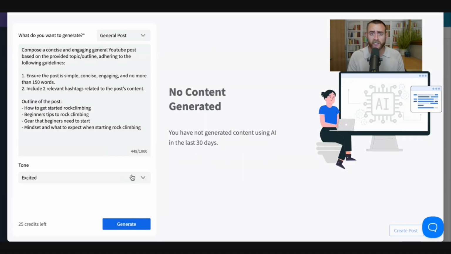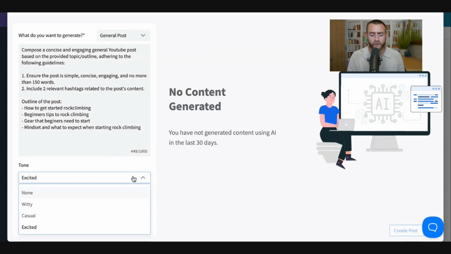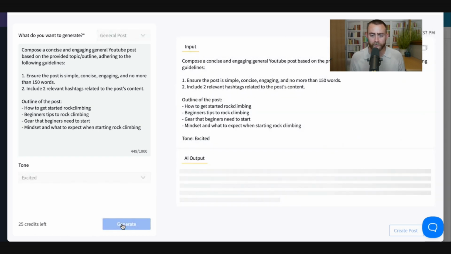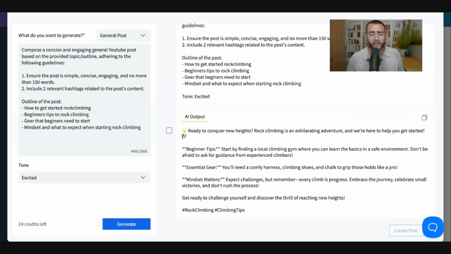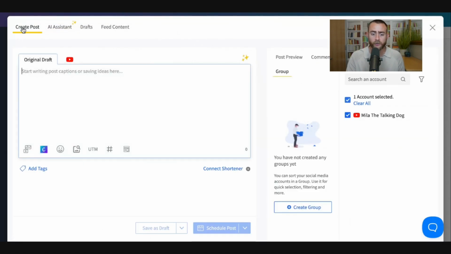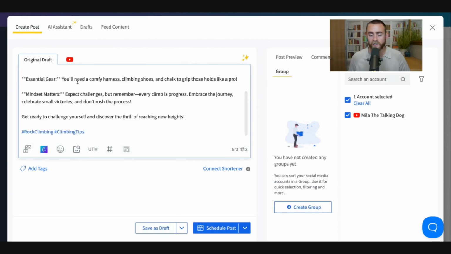Then once that's done, you're just going to select the tone that you want the description to be in. It doesn't matter too much, but I do think it's important to pick a tone that fits the video and how you typically present and talk about things. I think I'm generally a pretty excited person, so I'm going to do excited and then just press generate. Just give it a second to think, and usually within a few minutes, you'll have a pretty decent AI output that you can use as your video description. Then I like to just copy that output, go back to the post itself, and paste it into the description.